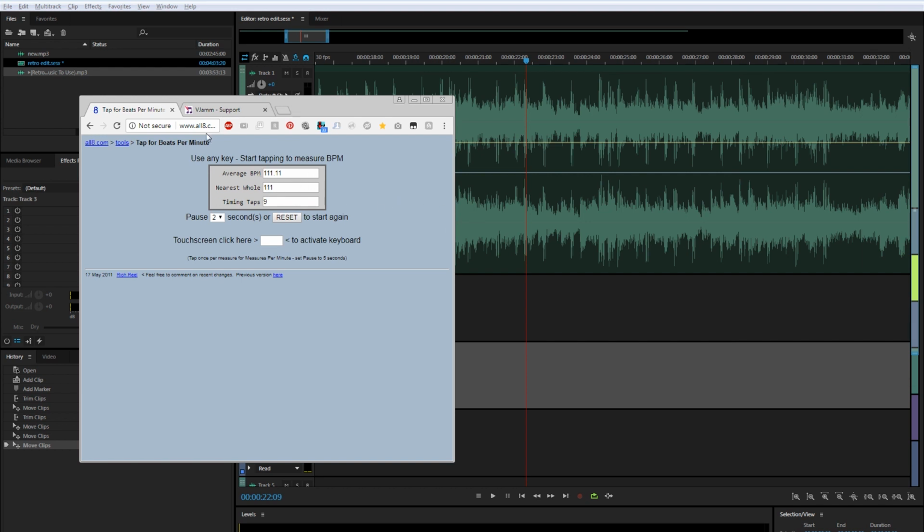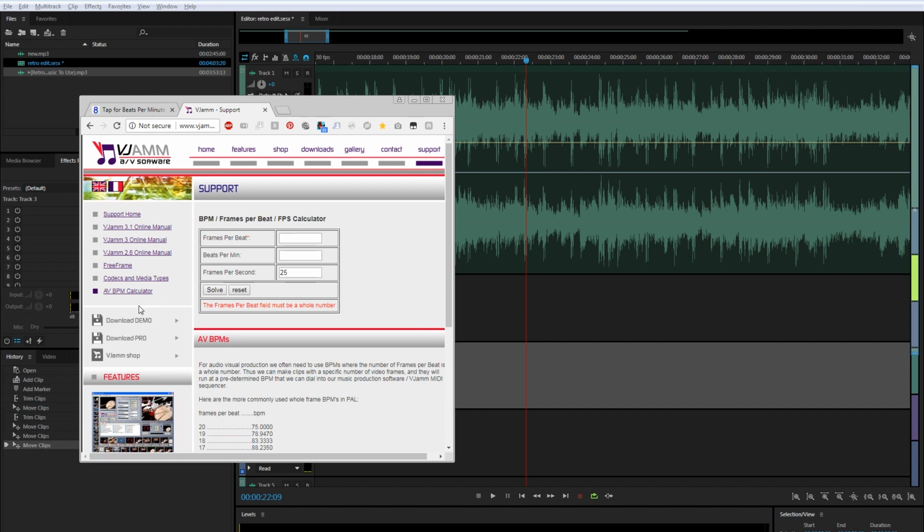Anyway, when you have this information, there is a second website which will then tell you how far apart you need to place your keyframes in order for them to match the beat. So in this case, my comp is at 30 frames per second. The beats per minute, when I was trying this out before, was 116. So if I solve for this, it gives me a frames per beat of